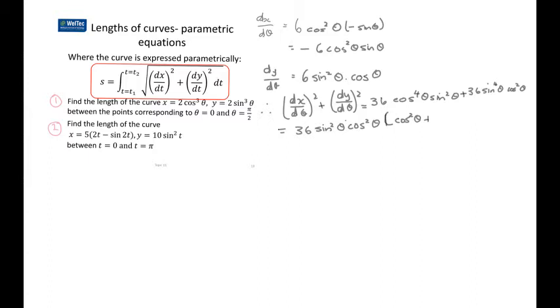plus sine squared theta. And of course, cos squared theta plus sine squared theta is conveniently 1. So we're left with 36 sine squared theta cos squared theta. So now, putting this into the formula that we've got here, the arc length is going to be equal to the integral between 0 and pi by 2 of the square root of what we've just found,